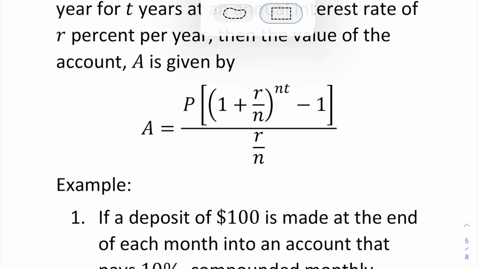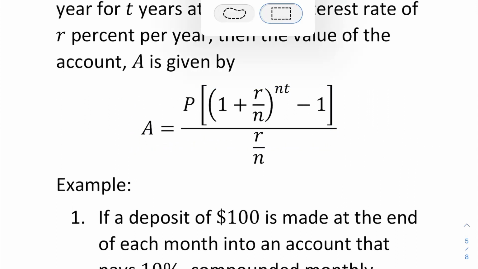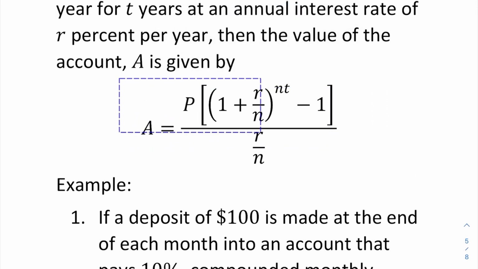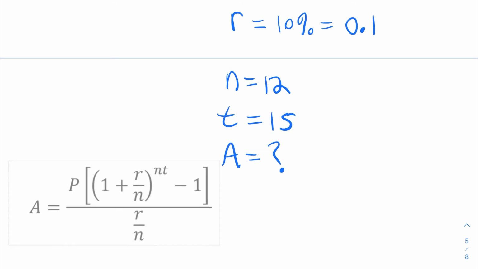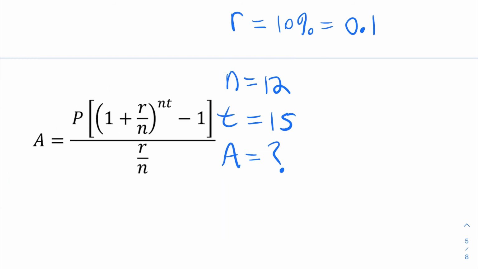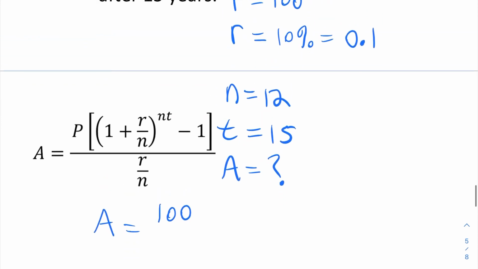So this formula right here, let's just grab it. All right, and let's plug everything in. So, all right, what do we have? We have A is what we're on the lookout for. P is 100. P was 100, right? Yep, and then it's